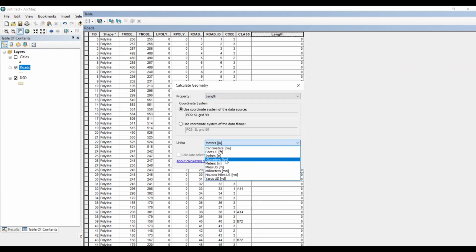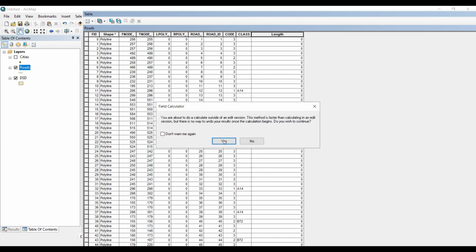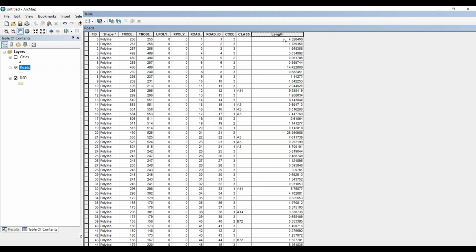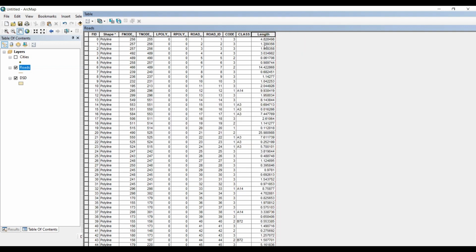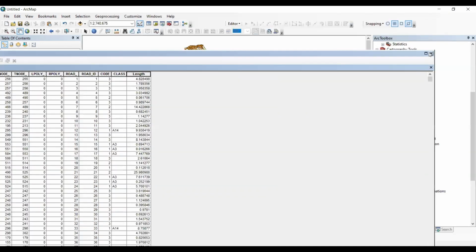Then I'm assigning the kilometer. There might be some small roads also, so it is not only depending on highways, there are some small roads also considered. So that will be in 0 decimals. Then click OK. Then see, the length has been assigned in kilometers, so 4.58. Likewise, the length will be assigned. So this is for the lines.